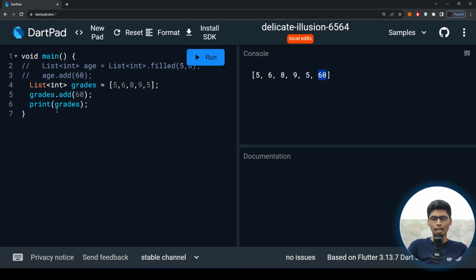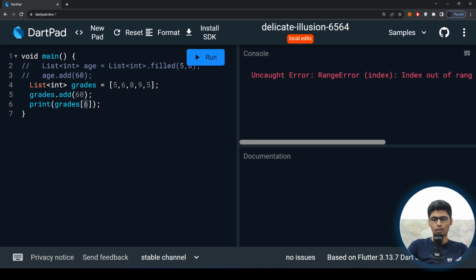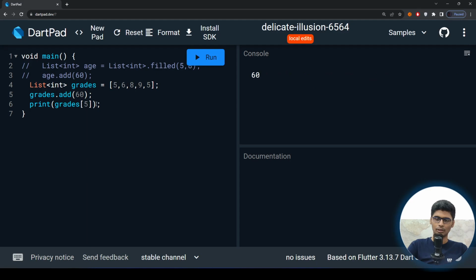And if you want to access a number of this list, it's super easy. You need to open this symbol over here and type, for example, 0, which means the start. As you know, indexes in a list start from 0. For example, this is the 0 index, 1 2 3 and 4, so it has a length of 5 but a last index of 4. And if I want to use index 6, which is outside of this scope, or even index 5, which is also out of range,